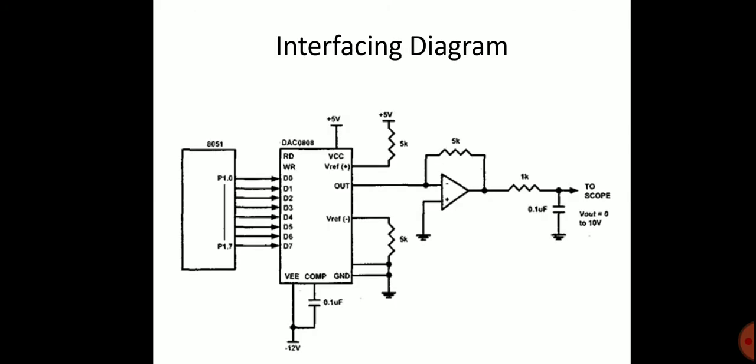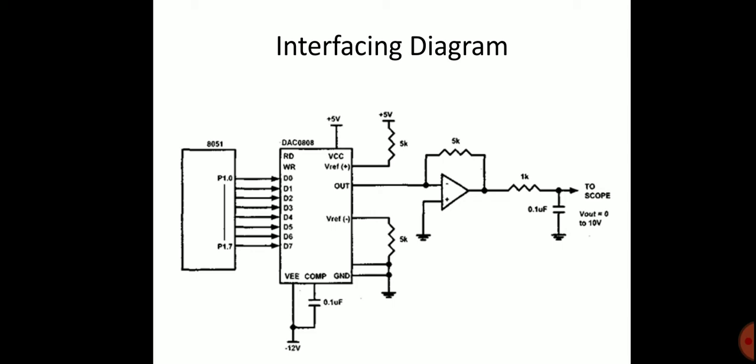So we see the structure of the DAC interfacing. In DAC interfacing, the data signals are directly connected from P1.0 to P1.7 to the DAC 0808. The DAC output goes to an operational amplifier to generate the analog signal, which is shown on the oscilloscope. In the previous session, we discussed analog to digital conversion. The same structure of conversion process is used to execute the DAC interfacing.